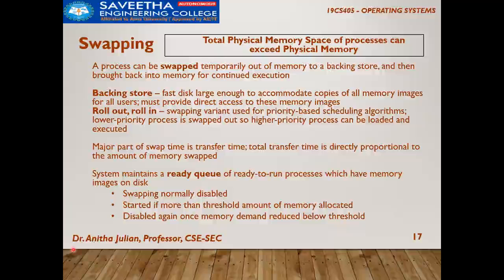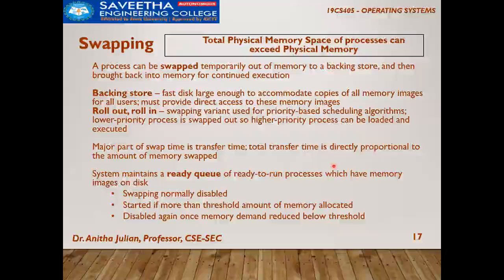So we cannot put all the processes in the main memory, as we discussed in the first diagram we saw. So we have to keep on moving one after the other, and so on. It can be done by means of a backing store. Whenever I don't want a process, I can send it off to the storage, or I can roll out and roll in. I can set up priority-based scheduling algorithms, and whichever is of higher priority will always be available in my main memory. All these types of techniques we can use.